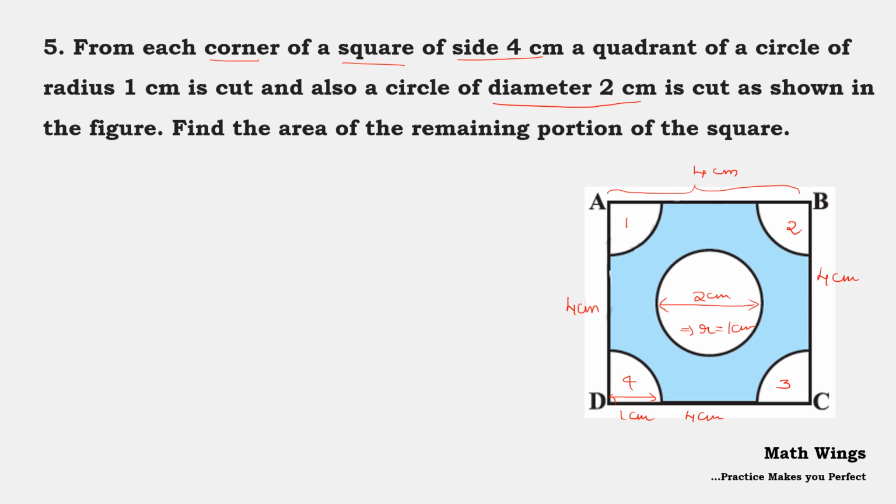So observe here that we have cut the circle of diameter 2 centimeter here, as well as we have cut the quadrants with the radius 1 centimeter here. We have 4 corners. It means we have cut 2 circles of diameter 2 centimeter from the square. So how can we find the area of shaded region? Area of shaded region